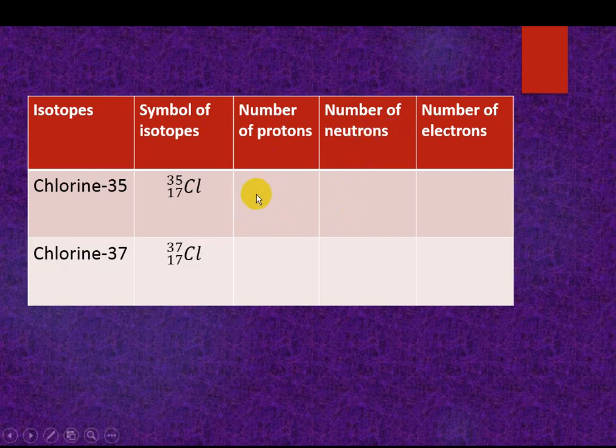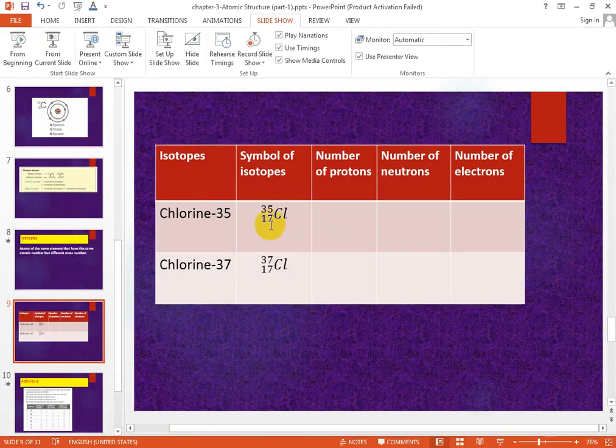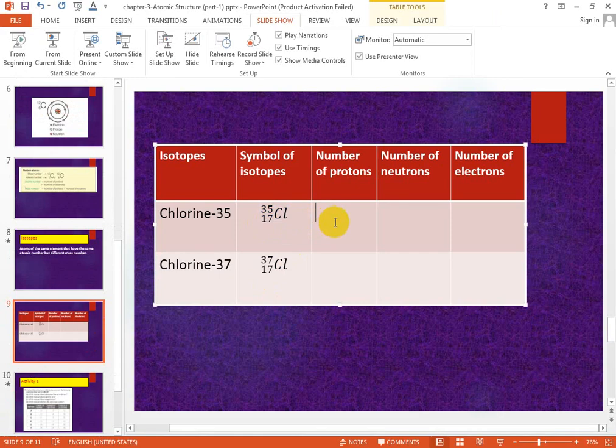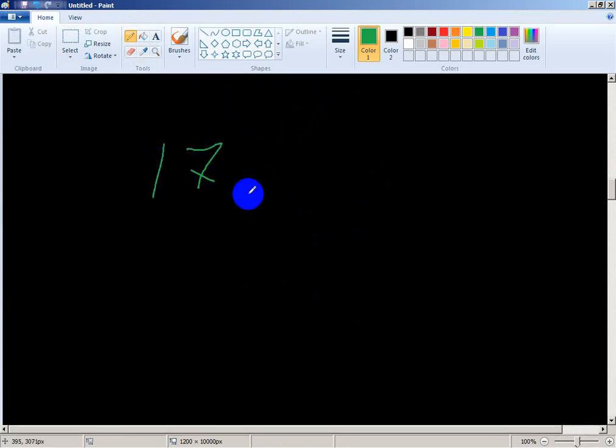Okay, now this counting, what is this below, how much proton number, this is the